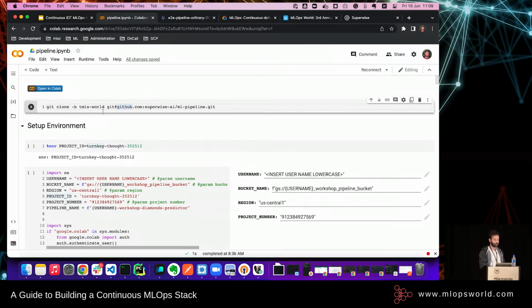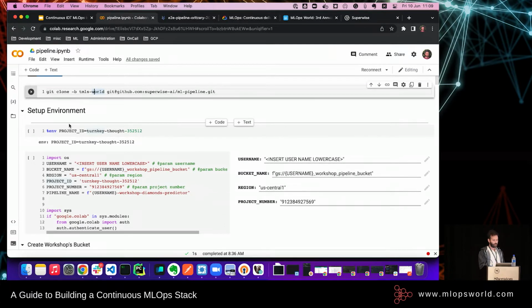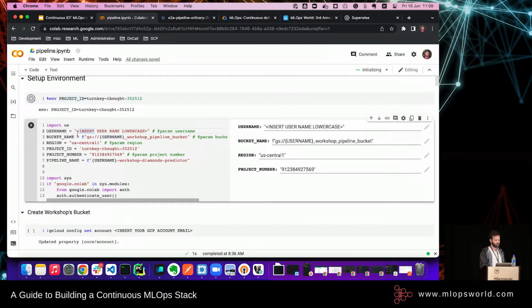Great, so after you got this repo on your local computer, you can open it up, and we're going to start by defining the environment. We're going to need to talk to GCP. So there's a project ID which I created in advance. I created a project within GCP. The project ID is this one. And then we're going to import os.